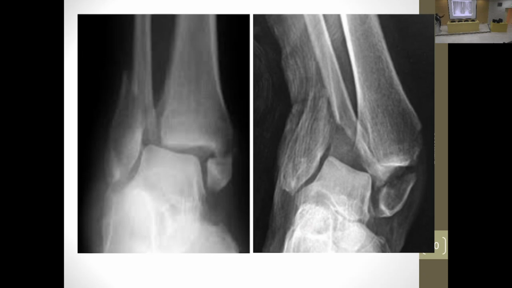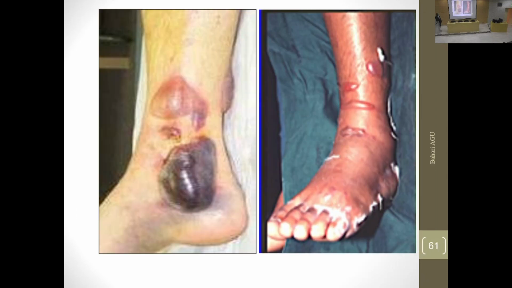So if you go and say for him that yes, I'm going to do a fixation and bring the fragments each one to each side, then maybe you made a mistake, because if you go inside the operation and you find this is the situation, what are you going to do? So most of the ankle fractures, they are not a pure bony problem. They are a soft tissue envelope problem. You can find blisters over there, you can find swelling, so the surgical time will be delayed for 2-3 weeks,